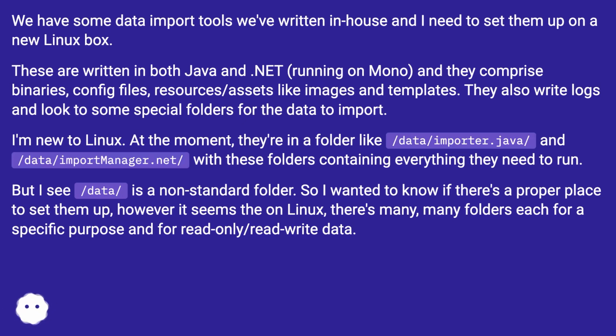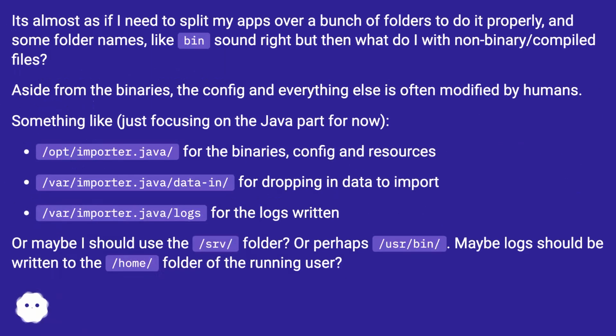However, it seems that on Linux there are many folders, each for a specific purpose and for read-only/read-write data. It's almost as if I need to split my apps over a bunch of folders to do it properly, and some folder names, like bin, sound right, but then what do I do with non-binary/compiled files? Aside from the binaries, the config and everything else is often modified by humans. Something like, just focusing on the Java part for now: